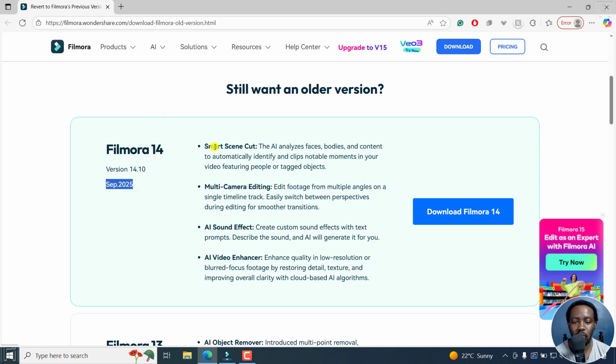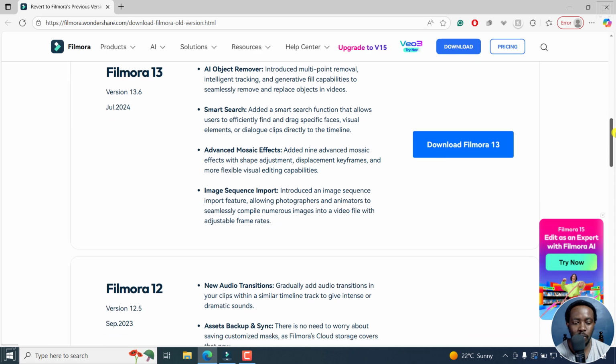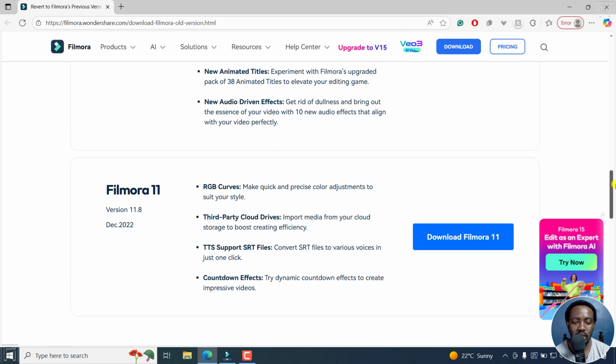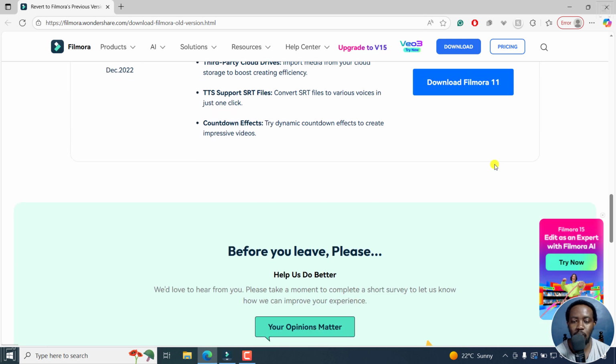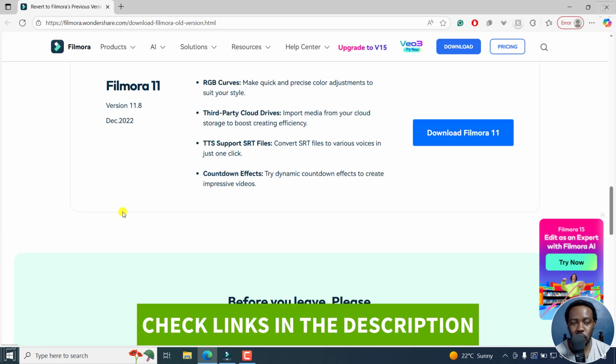And you can see what in Filmora more or less 14 was available: Smart Scene Cut, multi-camera editing, AI sound effect, AI video enhancer. You can scroll down. Filmora 13 as of July 2024, Filmora 12 as of September 2023, Filmora 11, and more or less that seems to be like the latest or the oldest version in this particular download page,